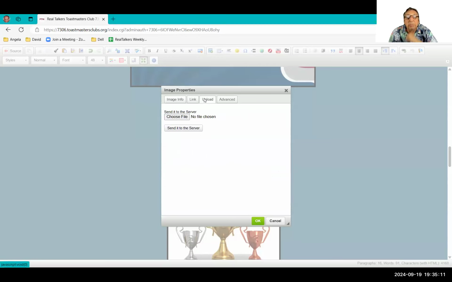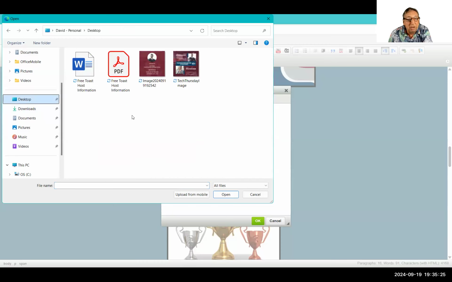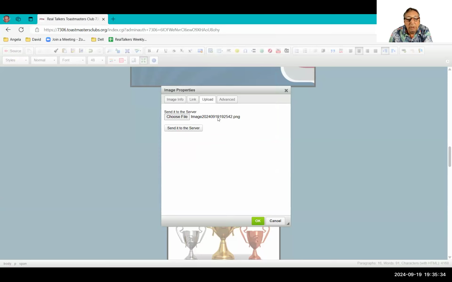There's a tab called Upload under the image properties. Choose File. Normally I have my images in different files, but for simplicity's sake, I put it on the desktop. So I'm going to take the one that was made this evening and open it. It's now here. And then I'm going to send it to the server. And the reason we do that is because then it saves it